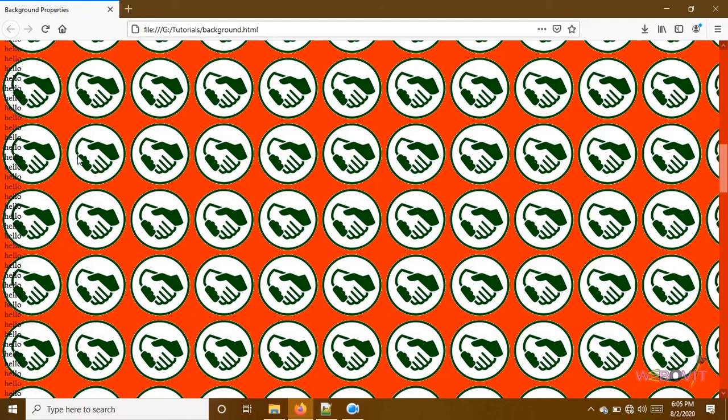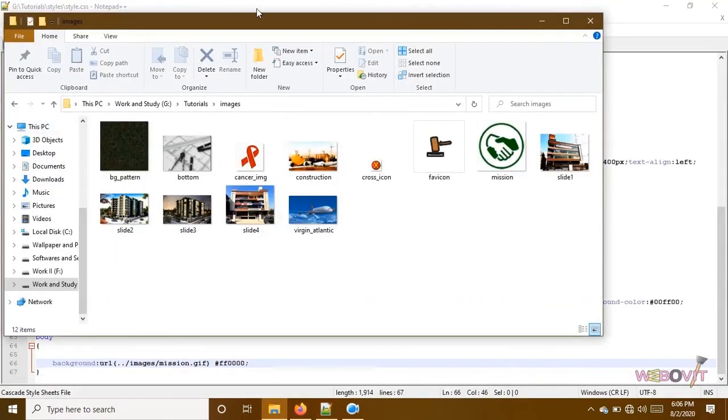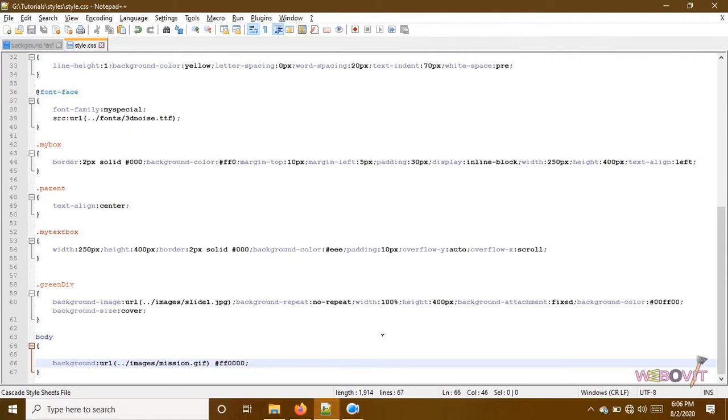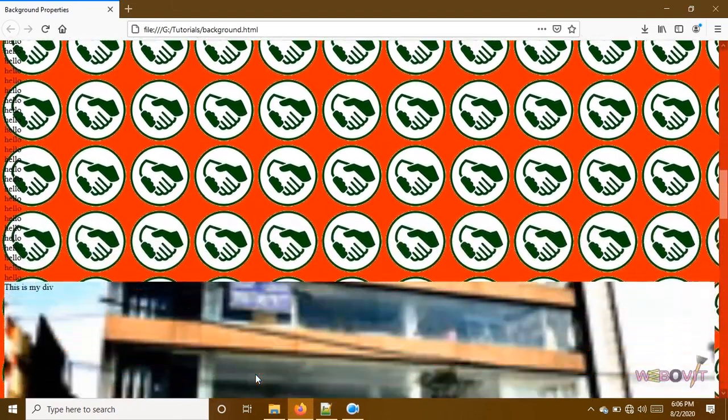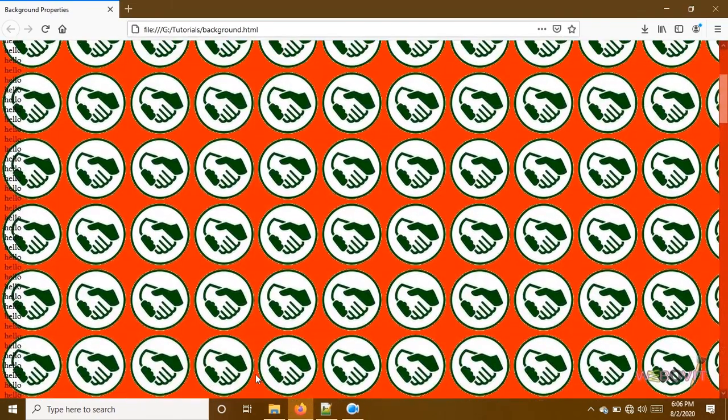So what's the benefit of using this approach? This mission.gif file is only around 5.48 KB, and for the background color the size is almost nil. So if we see the look of our website, it will appear like we are using a very big image, some background pattern.